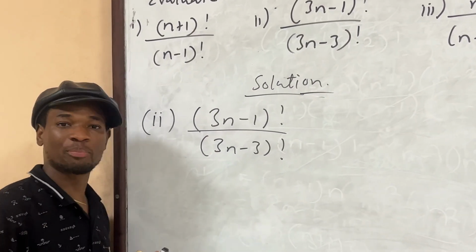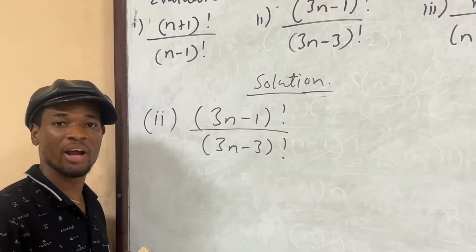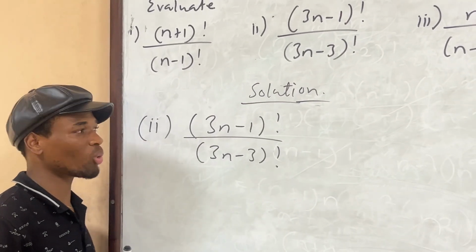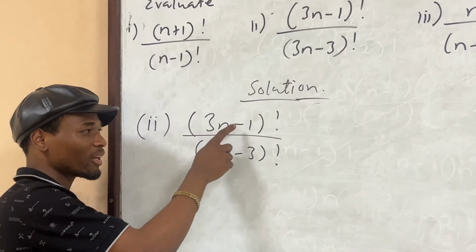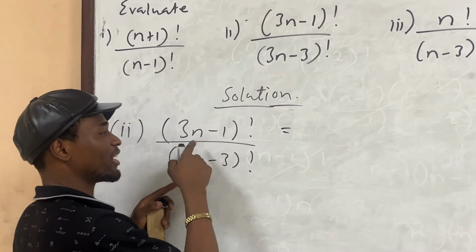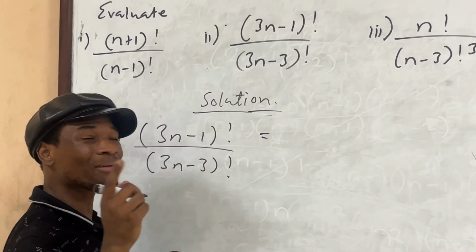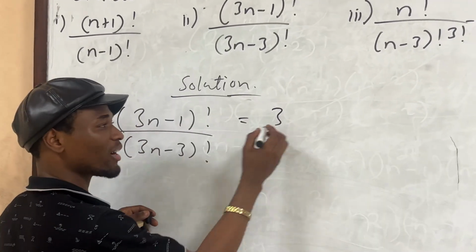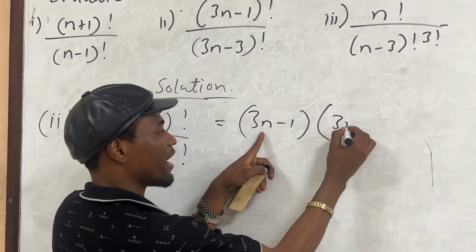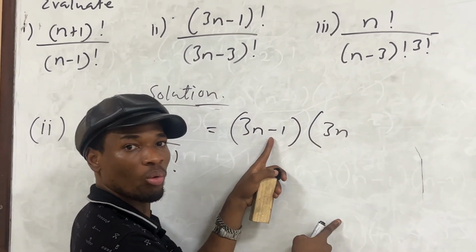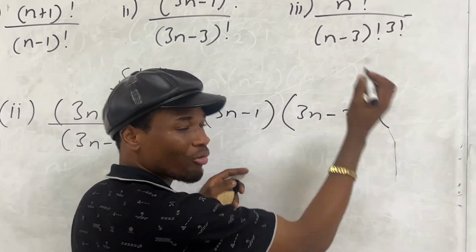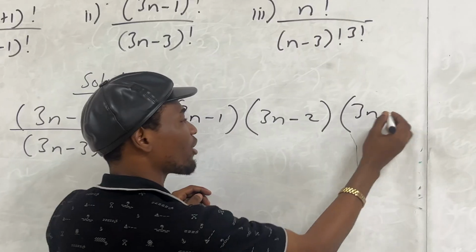Okay, so we have the second question. We have the expression 3n minus 1 all factorial over 3n minus 3 all factorial. So which one is the highest? It's the first one, right? Good. So here 3n minus 1 all factorial is the same as, copy and paste, 3n minus 1. Then what do you have? 3n minus 2. You subtract 1 from the negative 1, you have negative 2. Then you have 3n minus